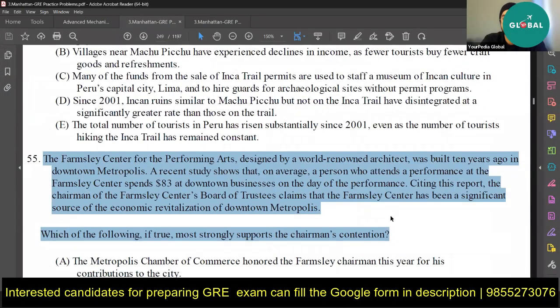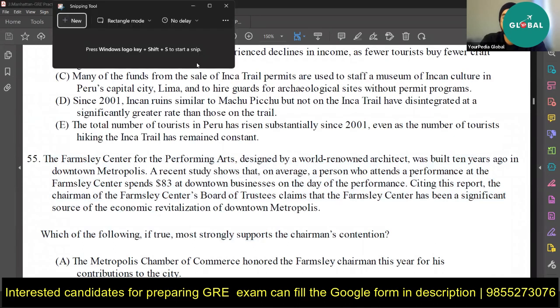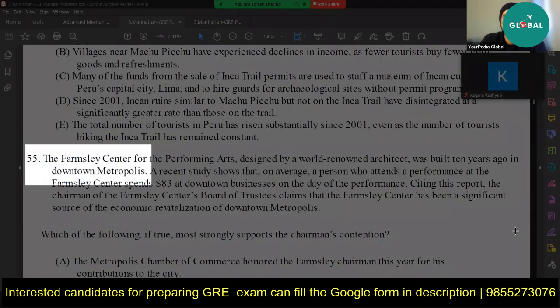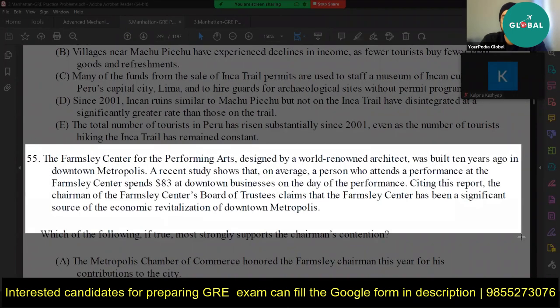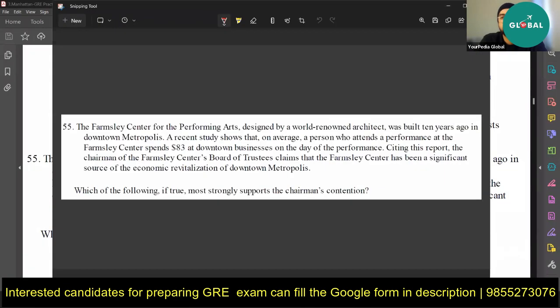Let's start with question 55. The strategy is that I will tell you to read the question first, and you don't have to go to the answer choices as of now. What you have to tell me is the conclusion for this argument, and understand the question clearly. Which of the following, if true, more strongly supports the chairman's